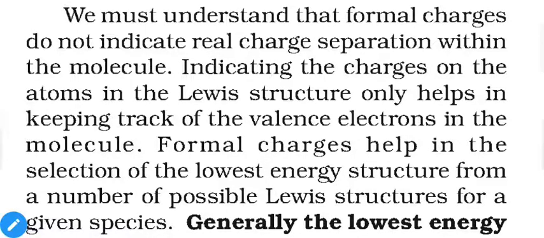Okay, so everything depends on the formal charges. If you have molecules or ions and you get different Lewis dot structures, then compare their charges with each other. As mentioned, the number of electrons in the free state and the number of electrons in the molecular or ionic state, the difference will give us the formal charge, and the formal charge should be minimum. Minimum formal charge represents a more stable structure.